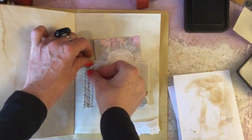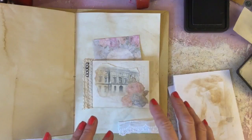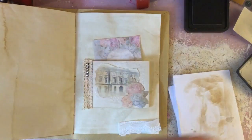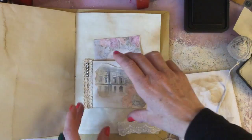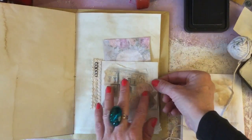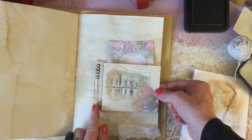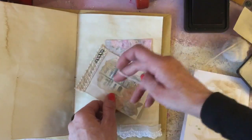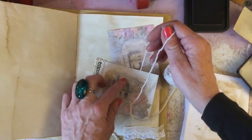Right. So really, really pretty, I think. It came together super quickly. Didn't take a lot of effort or anything, but looks really, really cute. I mean, you could tie it if you wanted this closed. Obviously, you could use a paper clip wherever you liked, or you could use one of those little bulldog clips to the side to hold it closed if you had it popped on the side. Or you could use my favourite, which would be string. So I'll just...